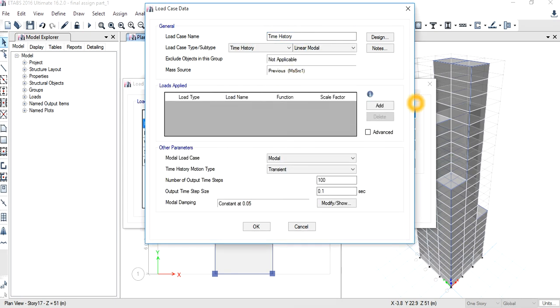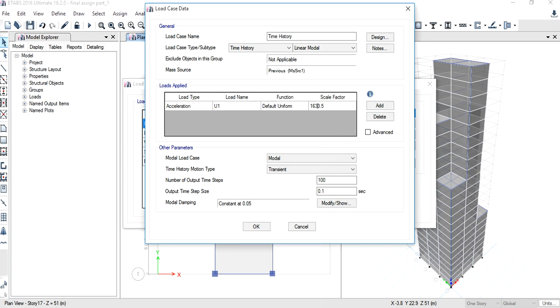Then click on load applied, click on add. The load pattern is taken as acceleration. Give it as U1. The scale factor is calculated as per the formula which we have been told in the tutorial. The value is 1663.5.